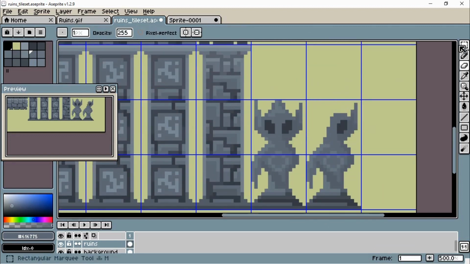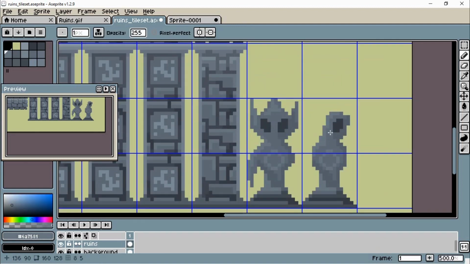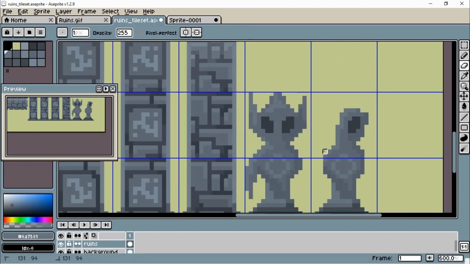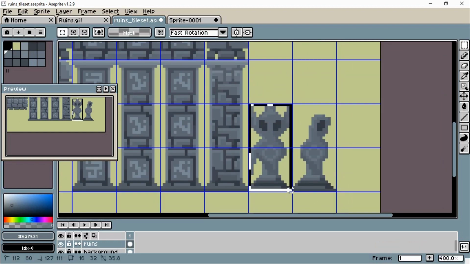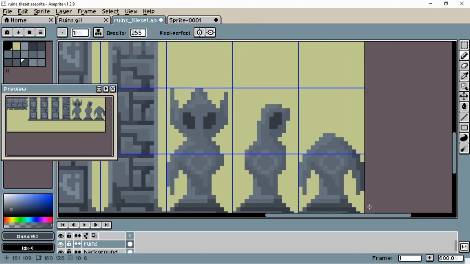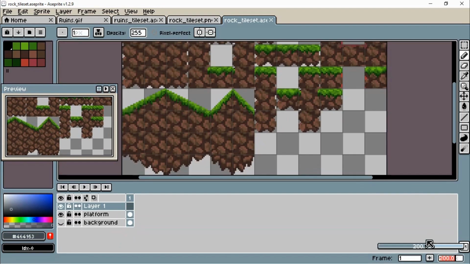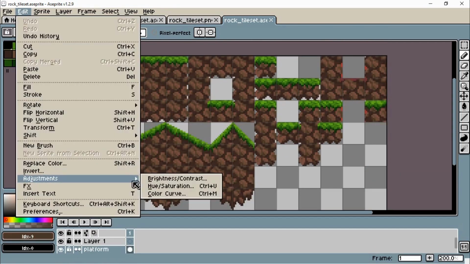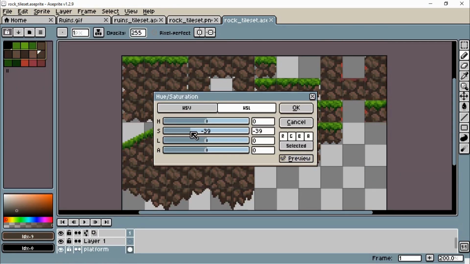This way, I can start by putting the statue with no head, which can give the player the idea that the statue is representing a human, but then at some point you discover the head of the statue and you realize that it's actually not a human, but more like an alien sort of creature. Here I'm speeding things up a lot, but this whole ruin tile set took me a long time,